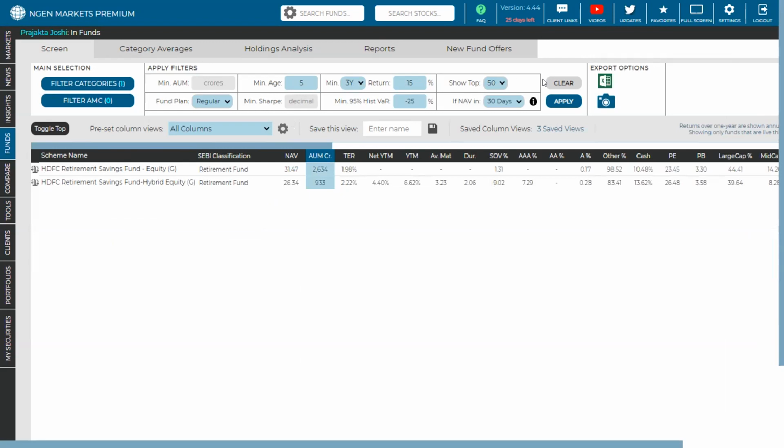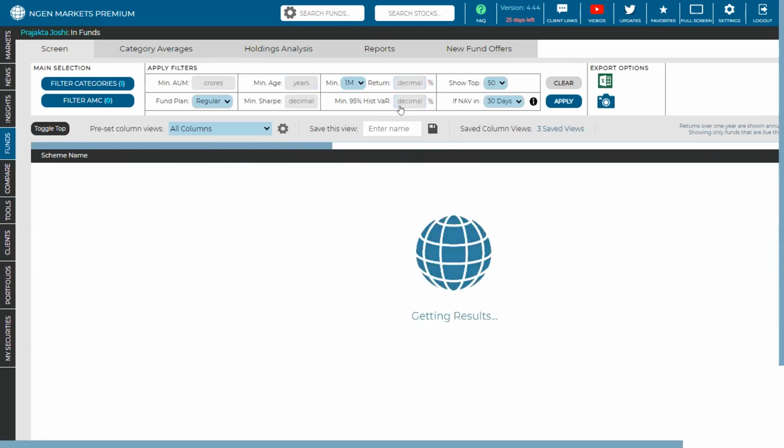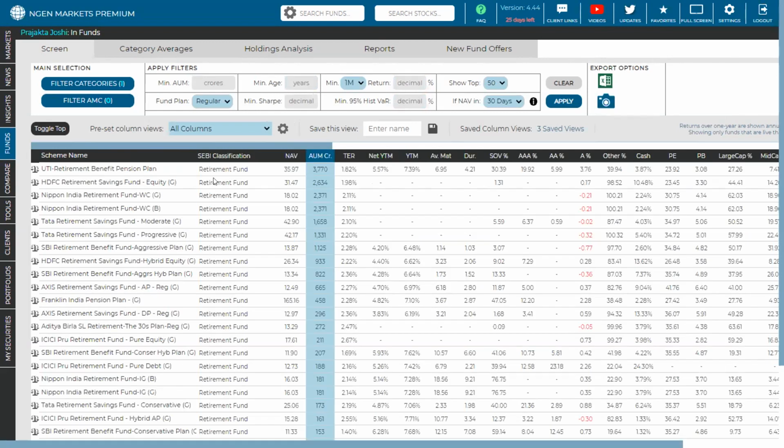So let's clear all our filtration parameters. And then this is it. What retirement oriented funds are looking at is, it will be more focused towards debt, because capital protection is the priority. So what we could do is put in a minimum VAR as something as low as, say, just 5%. When we click on apply,